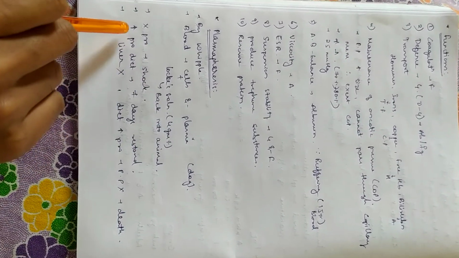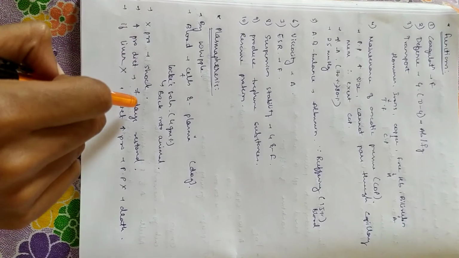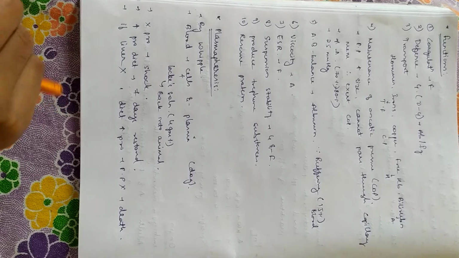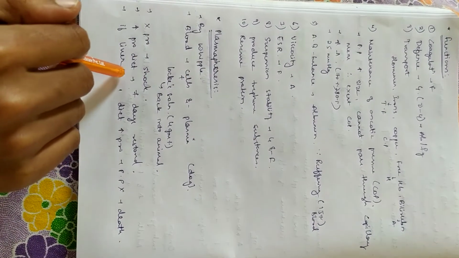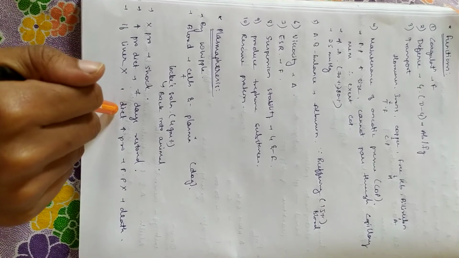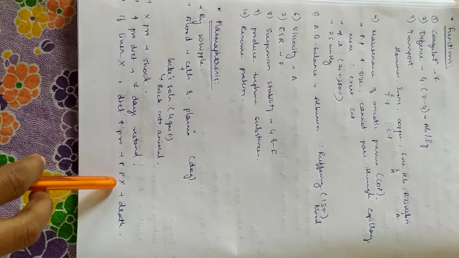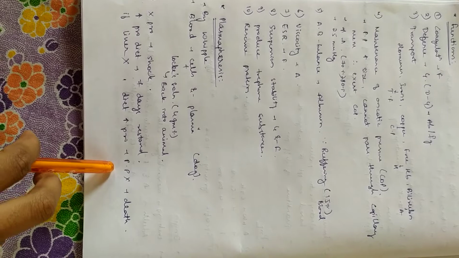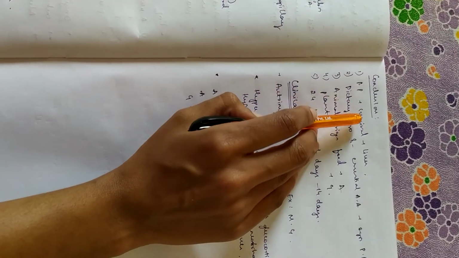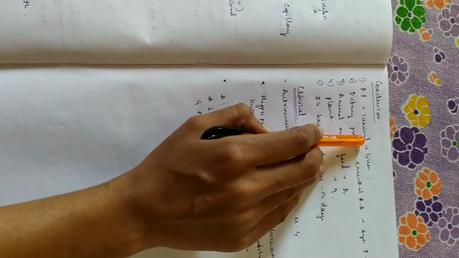But later, with good protein diet, within 7 days, all the proteins were restored. If this experiment is conducted after removing the liver, and even if we give good protein diet, due to the lack of plasma proteins, the animal dies. So the conclusion was that plasma proteins are very important for survival, and they are synthesized in liver.